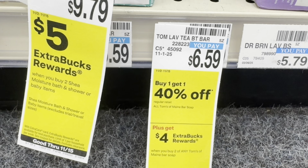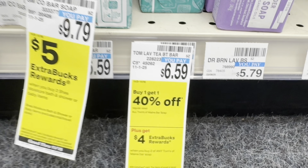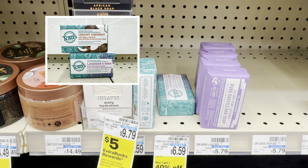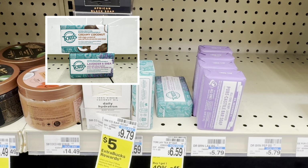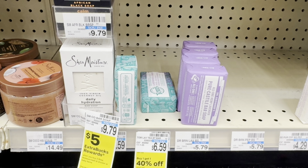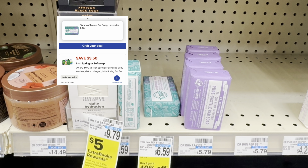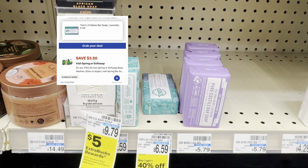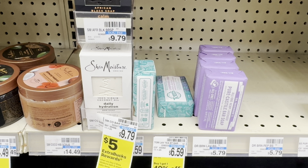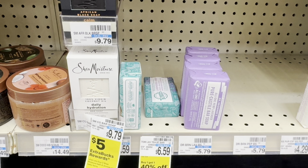My next deal is buy 2 get 4 back on tons of men's bath soap. They are on sale for buy 1 get 1 40% off. Pick up 2 and they are priced at $6.59 each. With the buy 1 get 1 40% off, the second one will be $3.95. The 2 will total $10.54. When I scan this item, the $3.50 off 2 digital coupon that is attaching to the Iris Spring is also attaching to these items. Using the $3.50 coupon, you will pay $7.04 and get 4 back, making them $3.04 or